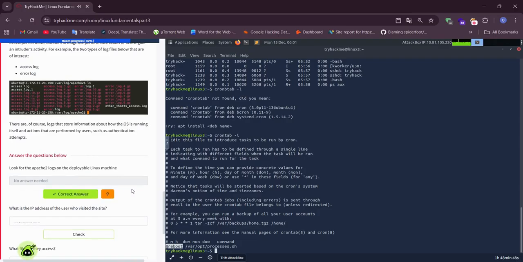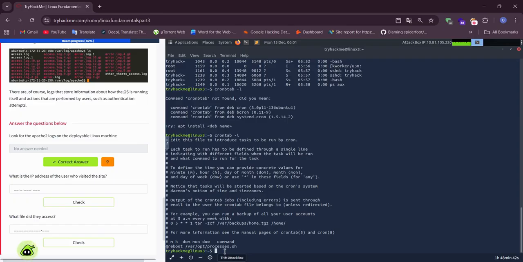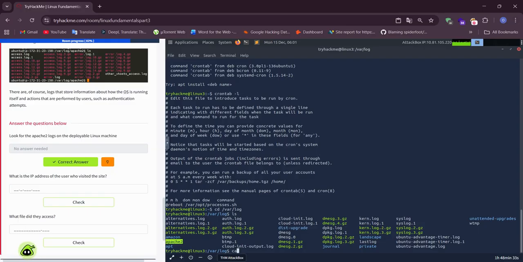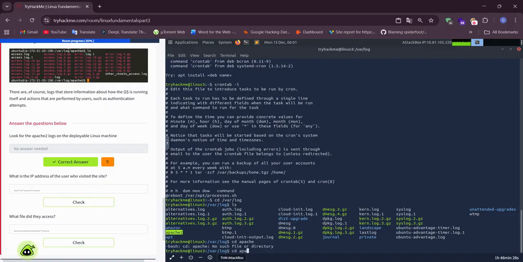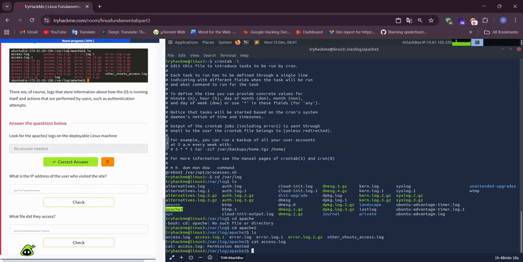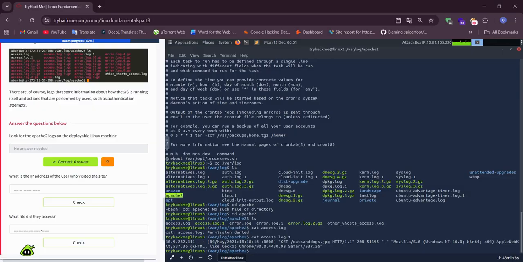Look for, let's say, two logs on the deployed Linux machine. cd /var/log and ls, cd apache2, ls, cat access.log, cat access.log.1.